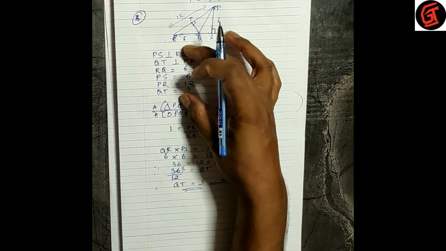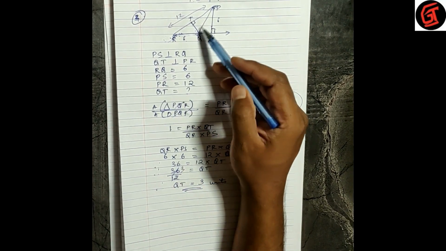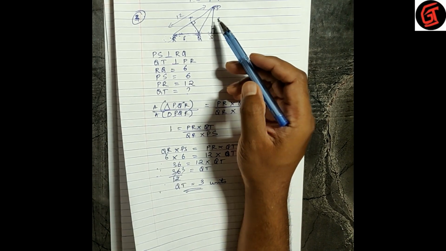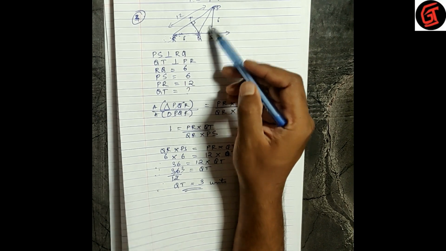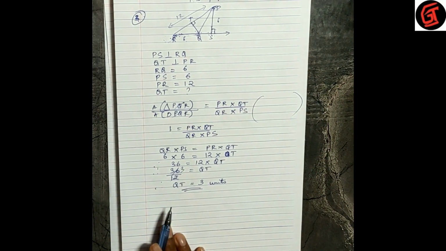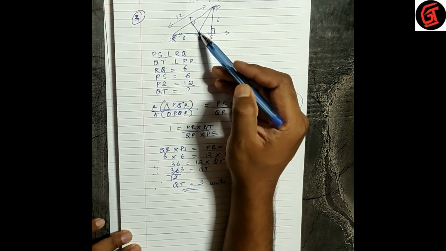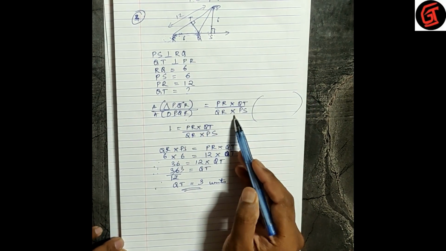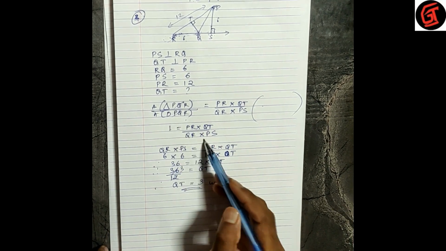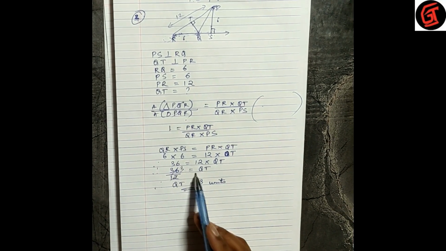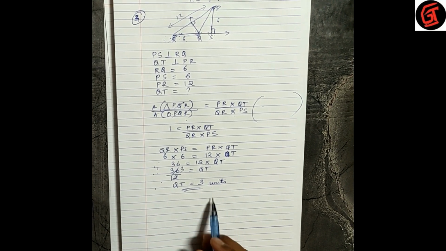It is a simple sum. Whatever is given, I wrote here. I interpreted PQR in two ways, because here there is an acute angle triangle, and from outside, if you see, it's an obtuse angle triangle as well. So PQR upon PQR, base into height, and here base into height. Since this is the same, we cut it, cross multiply, substitute the values. 12 3s are 36. So our answer is 3 units.